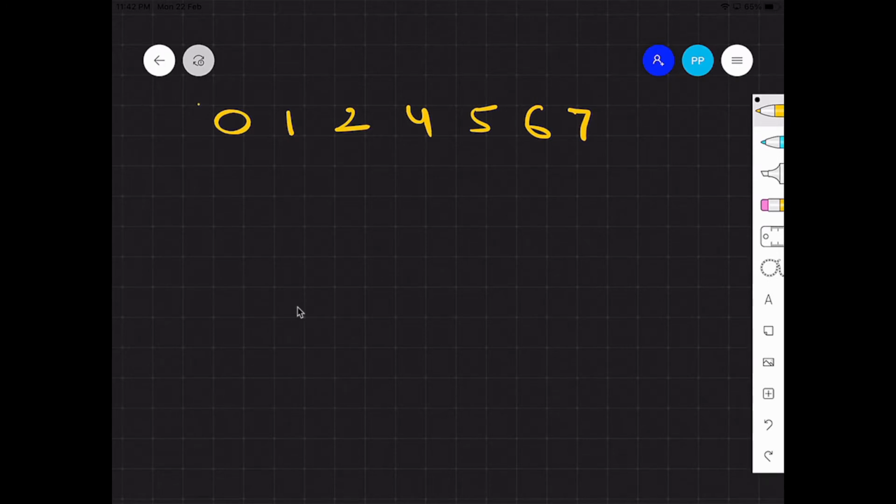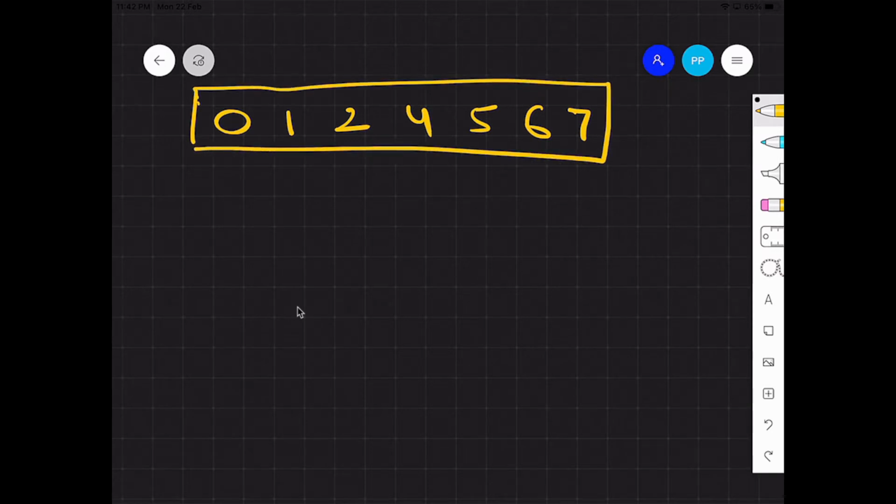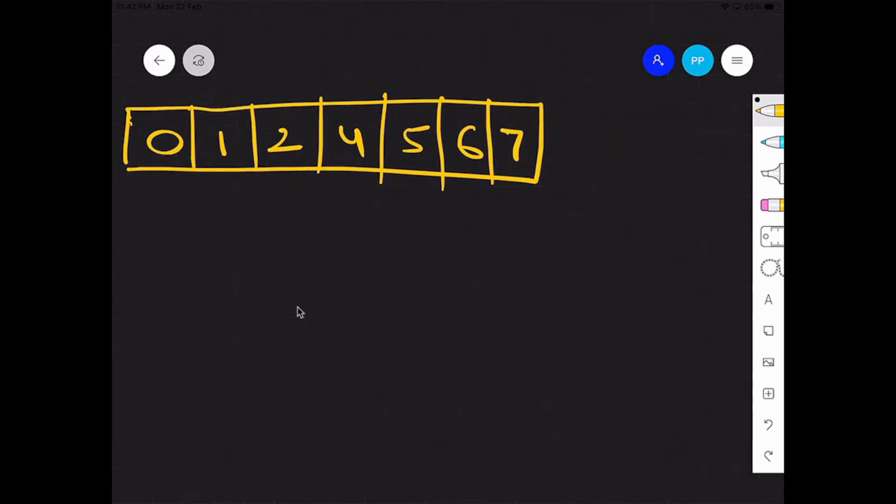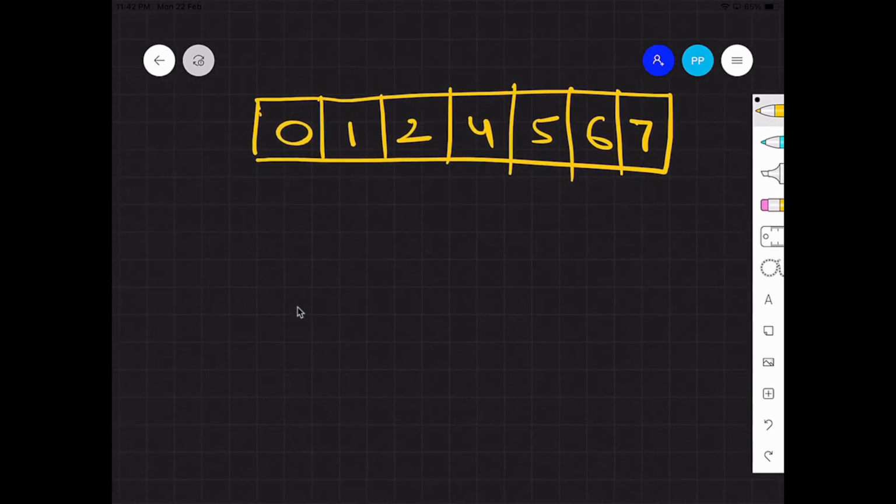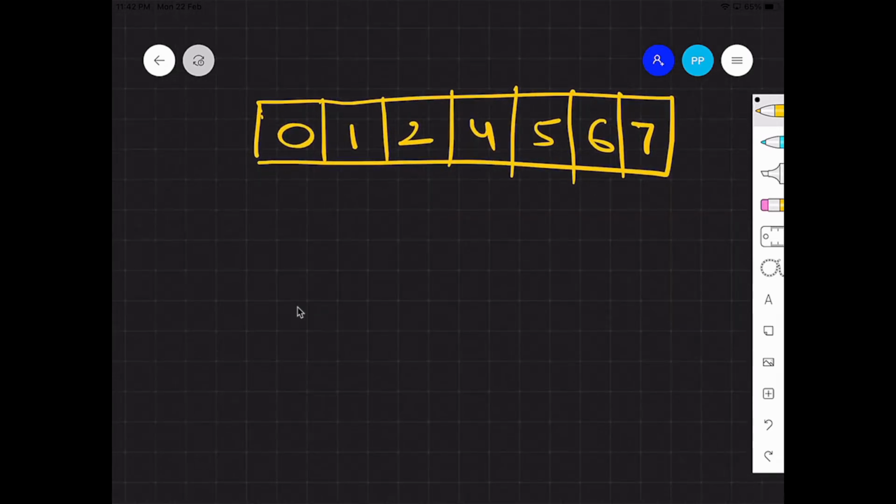You can see this is what is given as an input. Now we can construct an array out of it and say this array has been rotated by one index. So what will it become? It will become 1, 2, 4, 5, 6, 7 and 0.